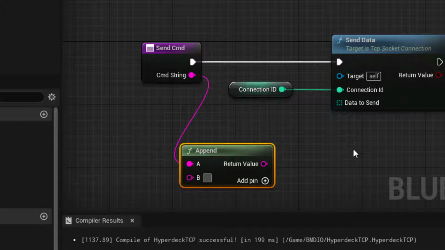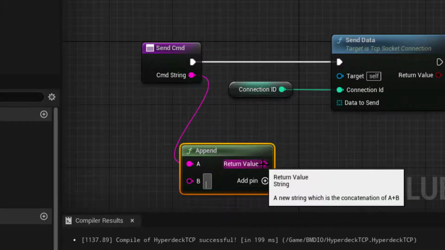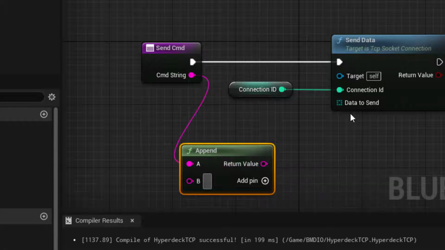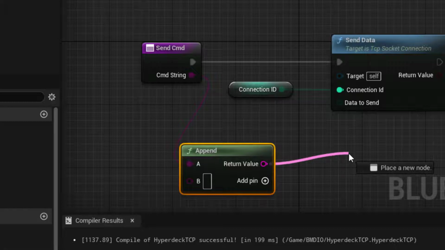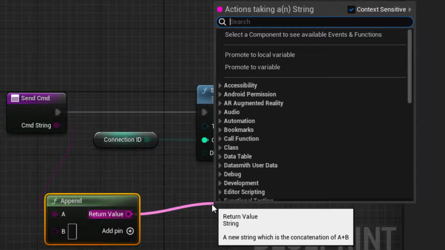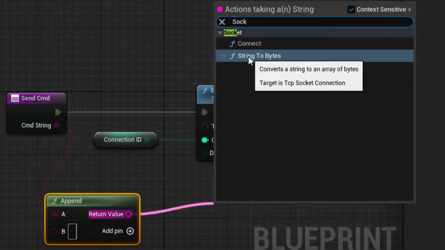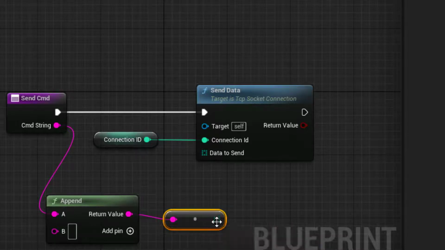And to do that, I'm just holding the shift key first on the keyboard and then hitting enter. And that adds a carriage return into our string here, and that'll get appended to whatever command we want to send. And then finally I need to convert this string to bytes, and thankfully the Socket plugin gives us a conversion utility. So I'll pull off of the string pin and type in socket, and there it is, string to bytes. And so now this function converts our string to bytes we can send to the Hyperdeck, and there's our